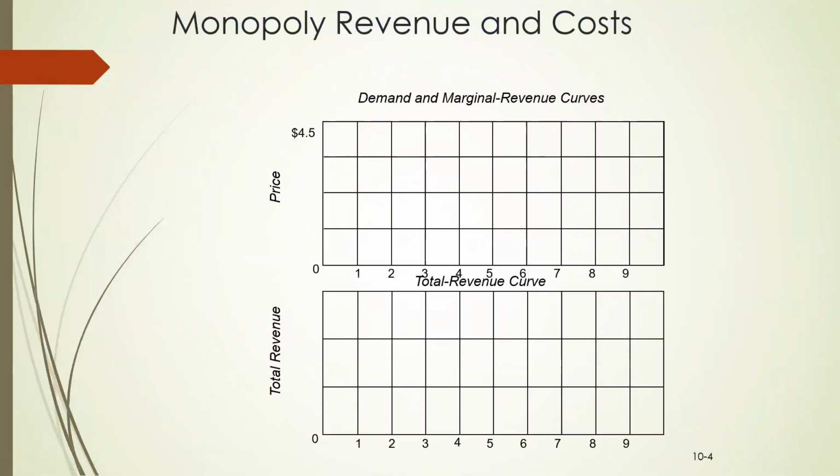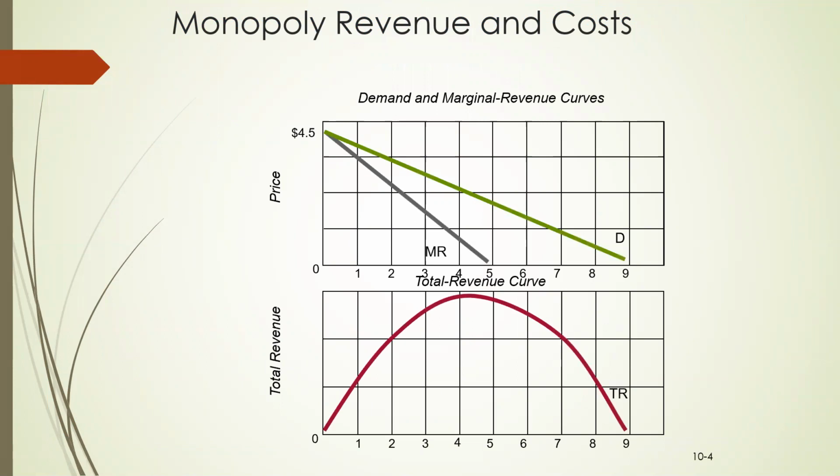On the top graph, I'm using marginal revenue and demand curves. That means they're downward sloping. When you can see in the lower graph, total revenue is inverted U-shaped curve. Whenever marginal revenue is positive, that region we call it as elastic region. That means total revenue is actually increasing. When marginal revenue goes to negative, that blue region, we call it as inelastic region. That means as price decreases or quantity increases, total revenue is actually decreasing.